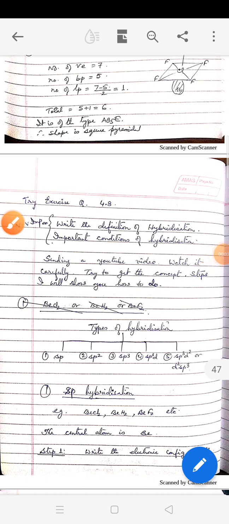So let us continue the discussion. We were talking about mixing of pineapple juice and orange juice. When you mix pineapple juice and orange juice, definitely it will not taste like melon juice, isn't it? So the more the concentration or amount of pineapple juice, the taste will be more towards pineapple and less of orange. Exactly the same way, we have different types of hybridization by mixing different types of orbitals.